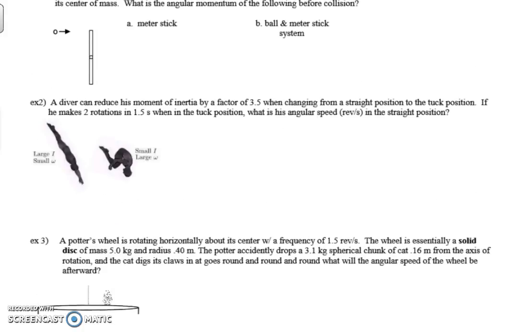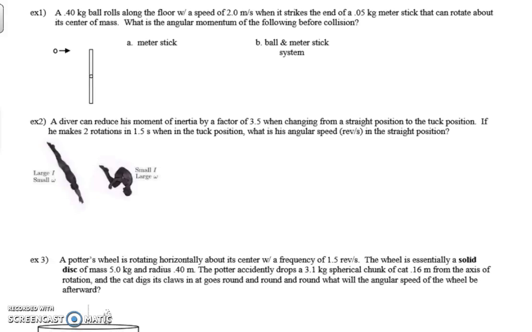So the first one I'm going to do is probably the least obvious. Okay, so we have a ball that rolls along the floor, and it's about to collide with the meter stick, and the meter stick can pivot about this point right here. Okay, so it's not really free. Well, let's say there's no friction, so it's not on a pivot point, but the center of mass is what it would do. All right, so I'm going to ask, what is the angular momentum before the collision for the